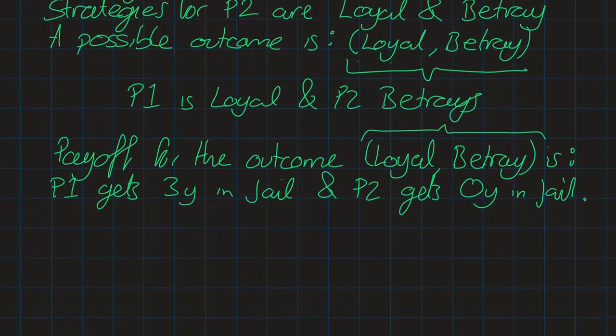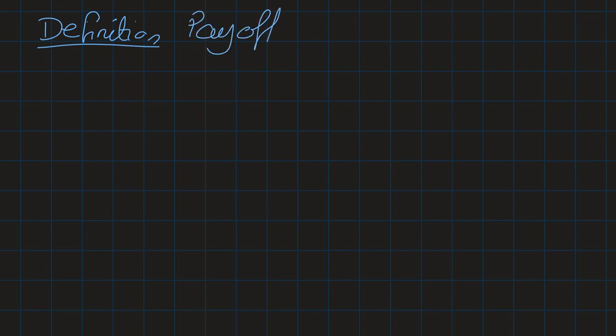Let's move on to a different definition now. So a new definition. And this definition, it's about condensing the information into a nice, dense form so that we don't have to keep writing all of these long words all the time. So what I'm talking about is a payoff matrix. A payoff matrix. So the payoff matrix